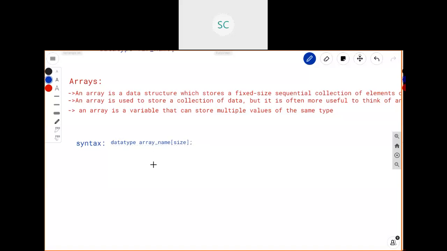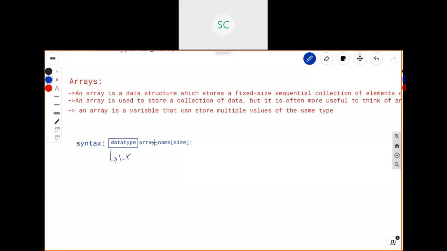Here it is data type. You can take any data type here. What are the different data types we have? Primitive types like int, char, float; all the data types you can take here.